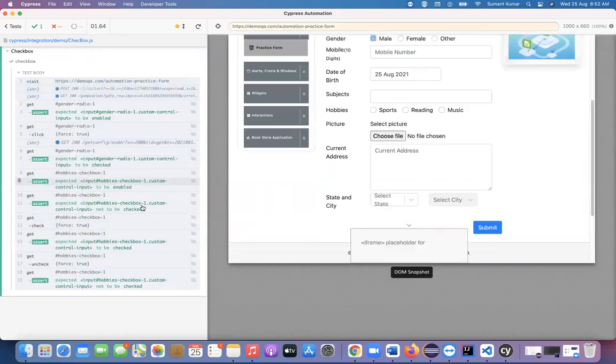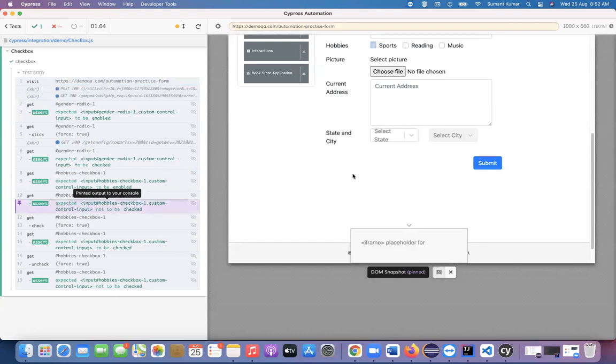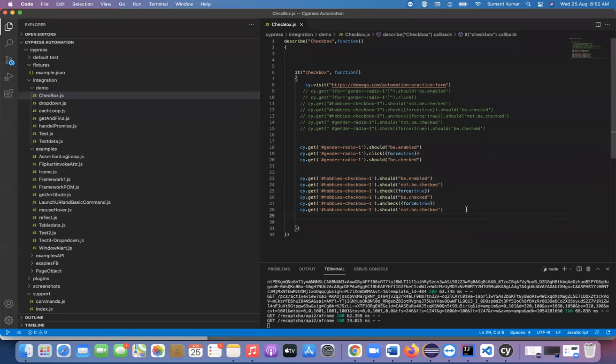So what is happening here, first time I checked it, which means you can see this sport selected here. Yes, it's clicked, so before and after. Before, it was just highlighting the sports, after it is already checked. Then we are verifying that it is already checked. Then I unchecked it, and then we verify that it is unchecked. Yeah, so this is all about handling checkbox and the radio button.